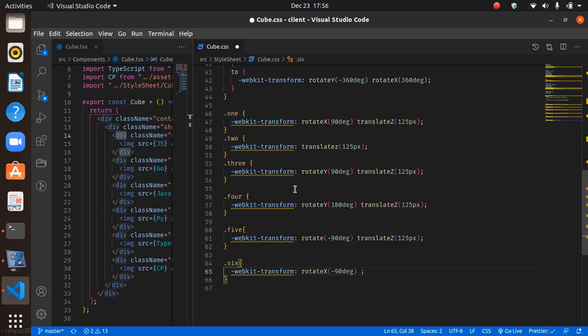This is the 6th picture. We want to translate Z 225 pixel,